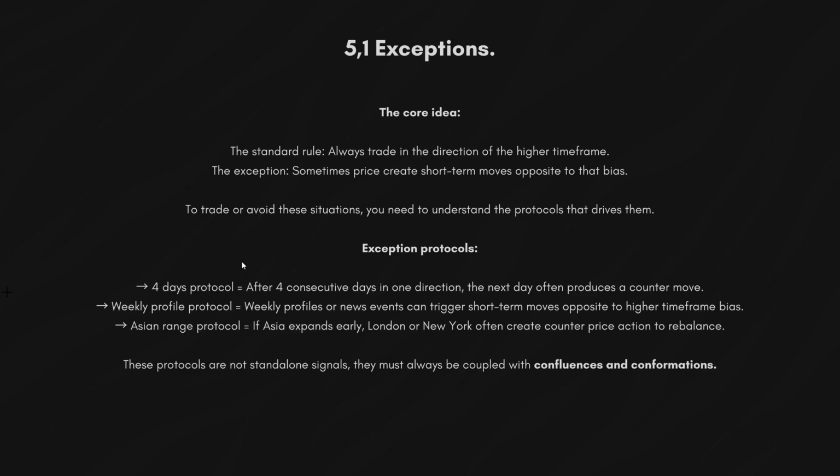An example of this would be, let's say the Asian session forms an expansion in the direction of the higher time frame drawn liquidity early during the day. Then during London Open, London basically forms a retracement profile and retraces, and then during New York, after we form the OTE, New York expands higher in the direction of the higher time frame drawn liquidity. So in this exception protocol scenario, you would have avoided the London session because,